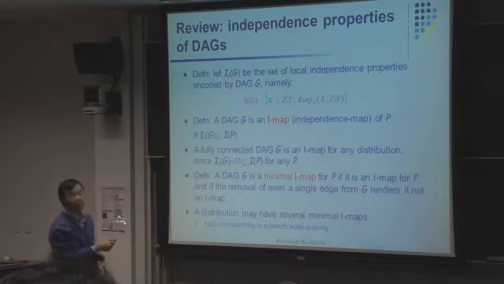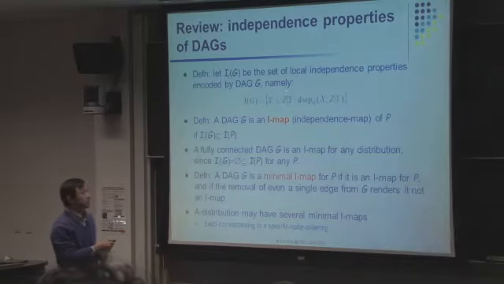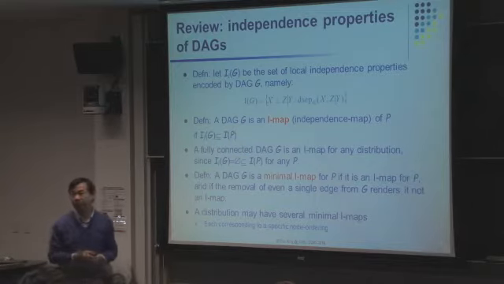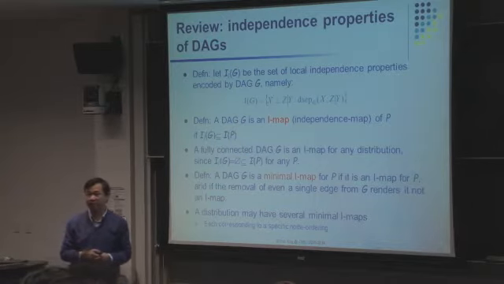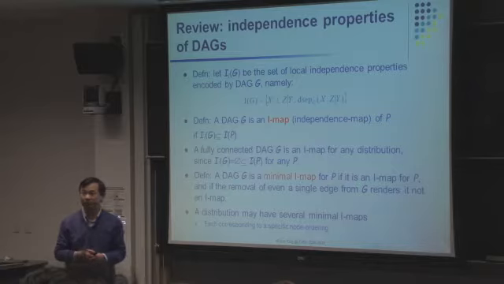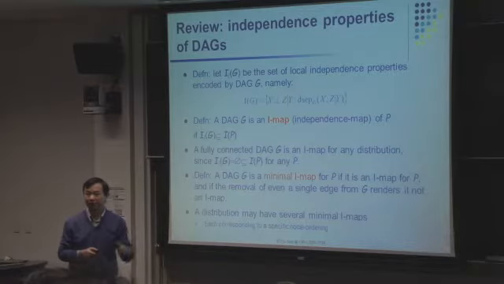So X is a set of random variables, Z is another set. These two sets are conditionally independent given Y if Y d-separates X from Z. And we have definitions about d-separation, if you remember. It is defined on a moralized ancestral graph, and we have some algorithms to detect that without resorting to an